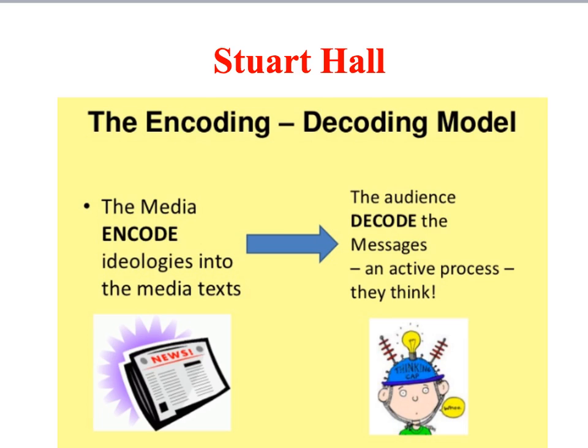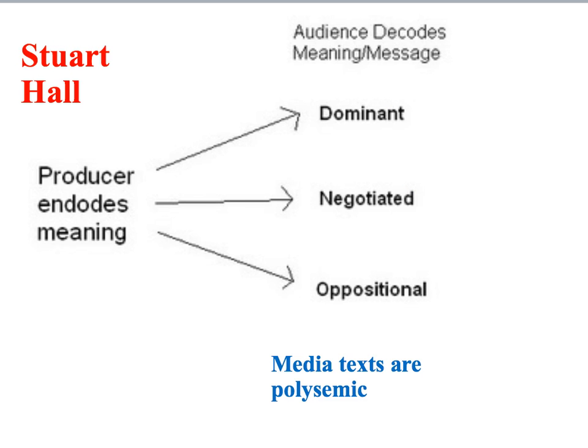However, according to this perspective, different audiences respond to media texts in different ways. They receive the meaning, or decode the meaning, of media texts in a variety of different ways. The different ways in which the audience decode the meaning of media texts are referred to as readings. According to this model, there are three main ways in which people read or interpret media text: the dominant reading, the negotiated reading, and an oppositional reading.